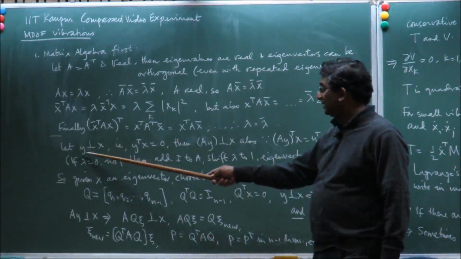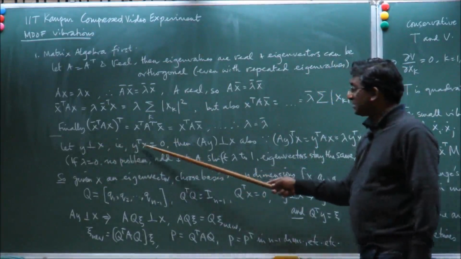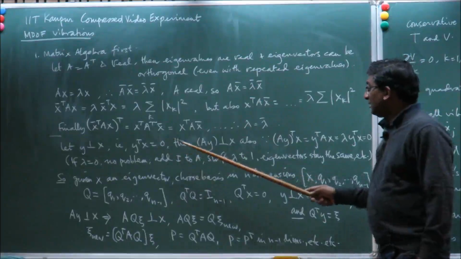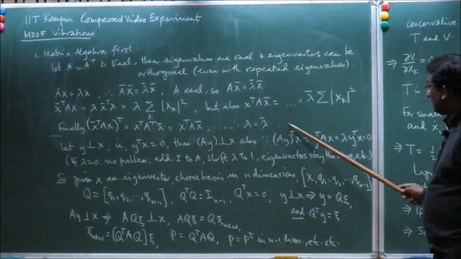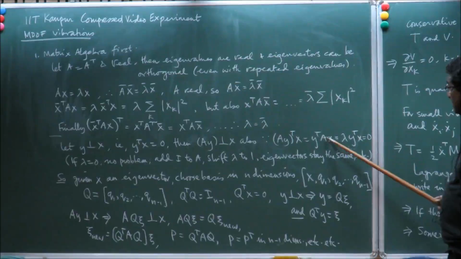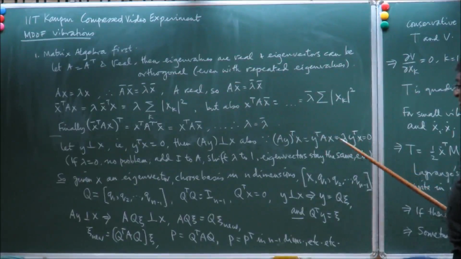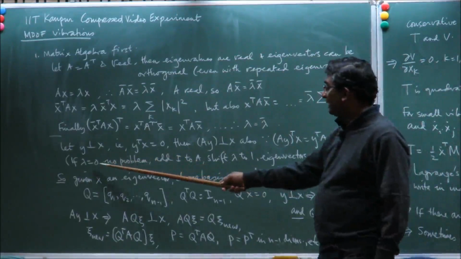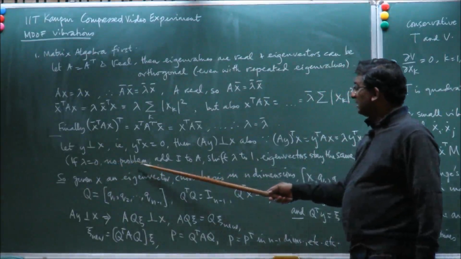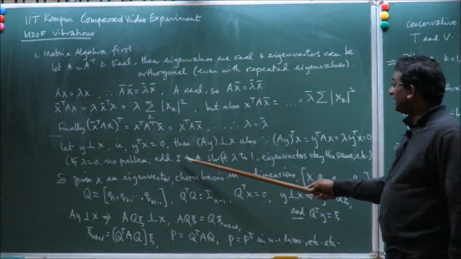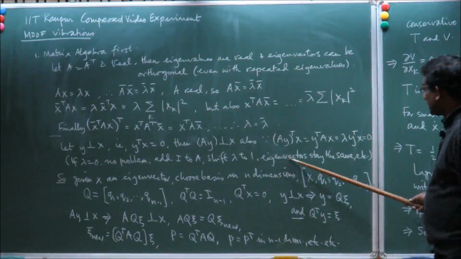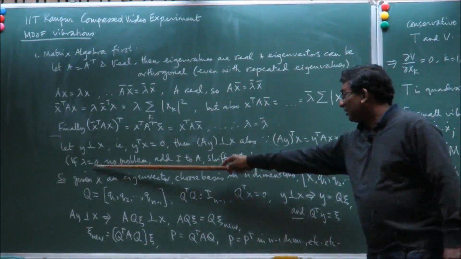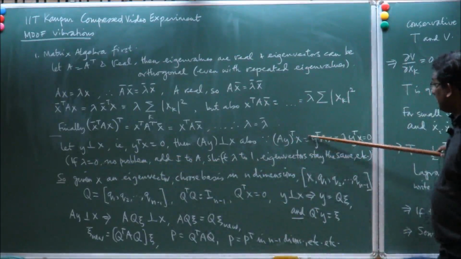Let x be an eigenvector, let y be perpendicular to x, that means y transpose x is 0. Then we can find easily that Ay is also perpendicular to x, because Ay transpose x is y transpose Ax, and Ax is lambda x, so this is lambda times y transpose x, and that is 0. You may wonder what happens if lambda is equal to 0, but this is not really a problem, and if you like you can add the identity matrix to A to shift this lambda from 0 to 1, and the